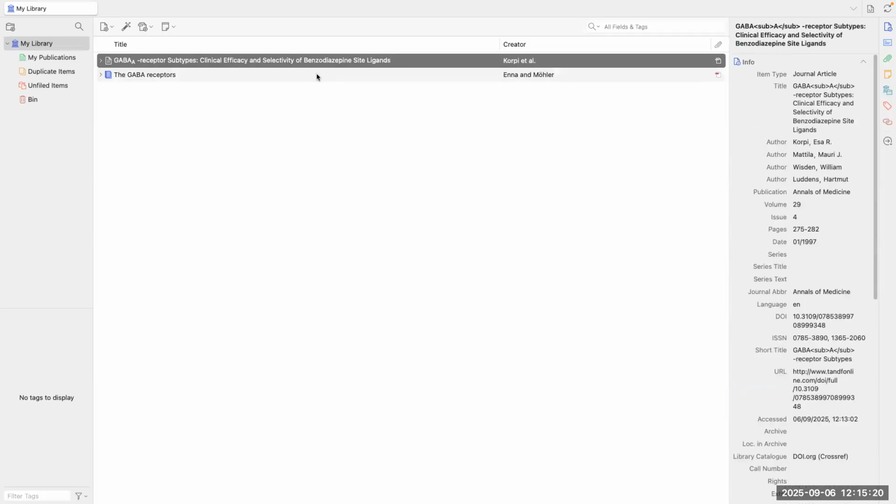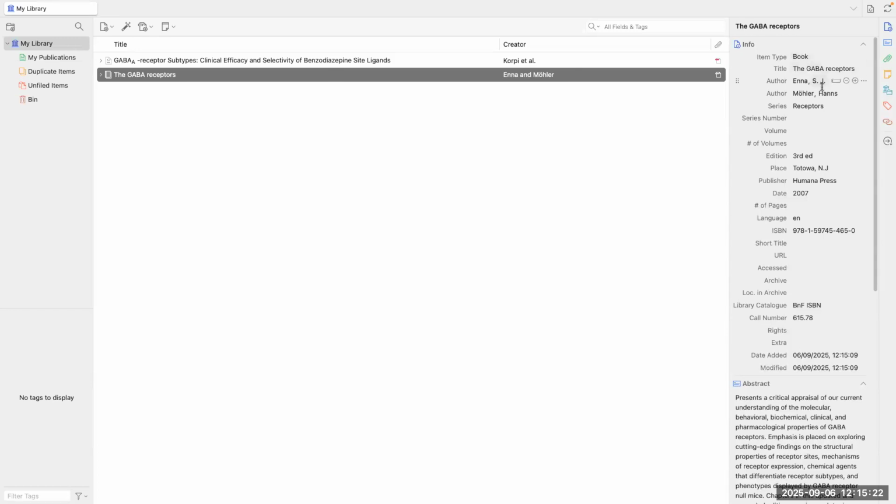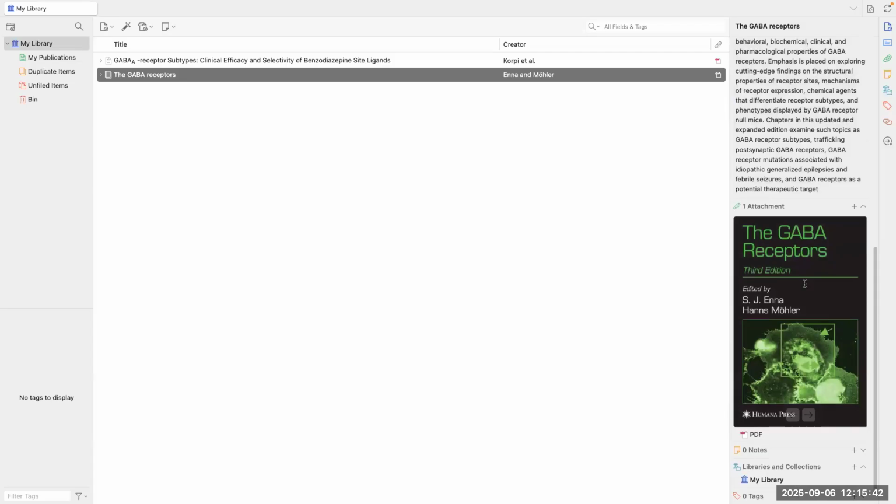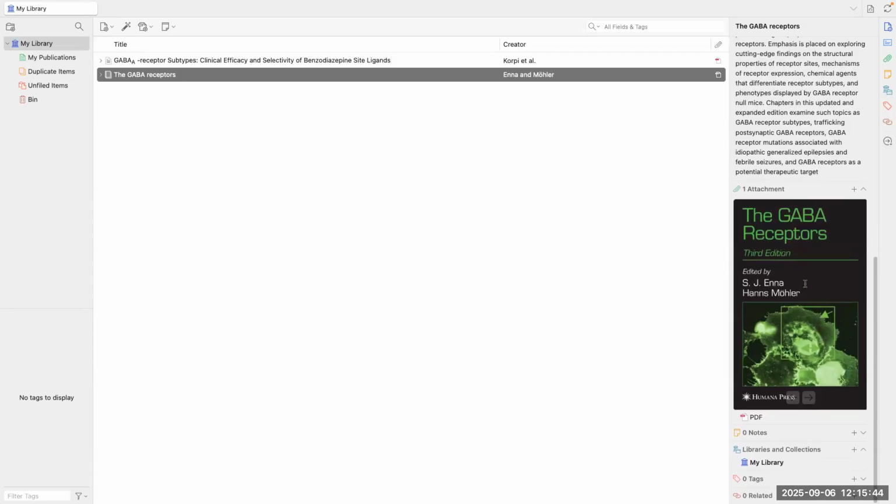So the first one was a journal article. The second one was a book. It shows the authors, the edition, which is very important information in the book, the publisher. So for books we usually look at the publishers. For journals, for articles we usually look at journals. It has also identified the ISBN, which is important information for books compared to the DOI, which are